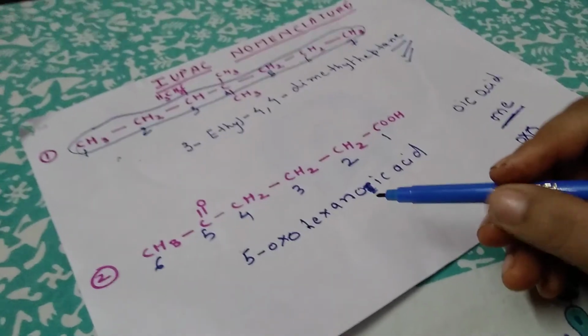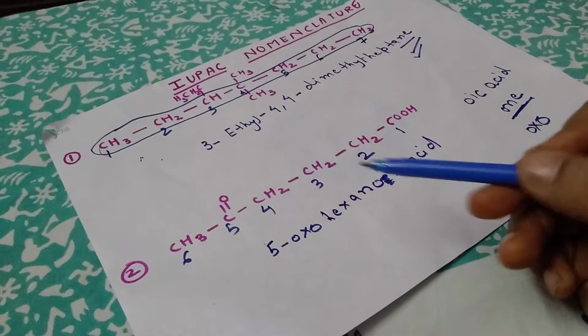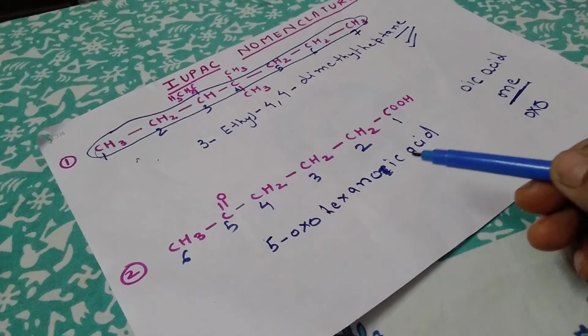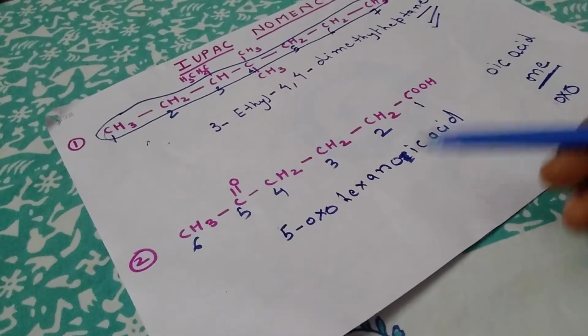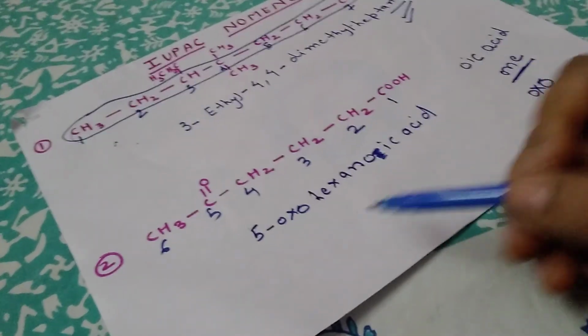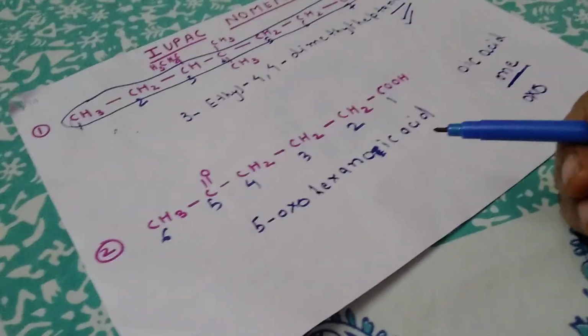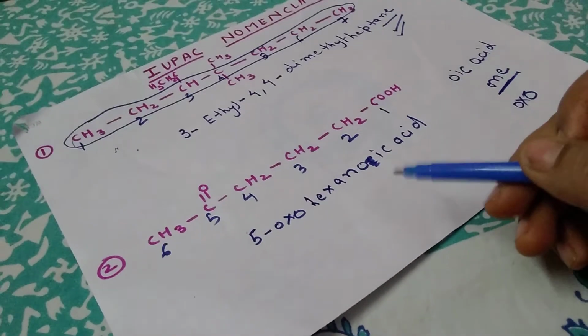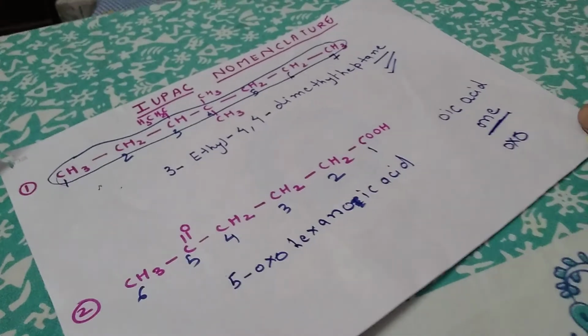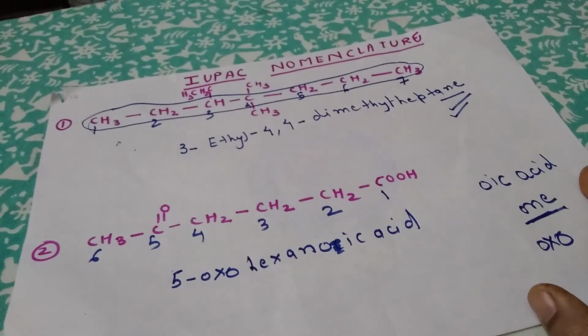So students, if 2 or more groups are present in an organic compound, there is a sequence which tells which functional group comes first. I have already given that in my blog on functional groups. You can go through it. Now in my next blog we will take more complex compounds in which many branches are there, big branches. So this is your IUPAC naming. Thank you.